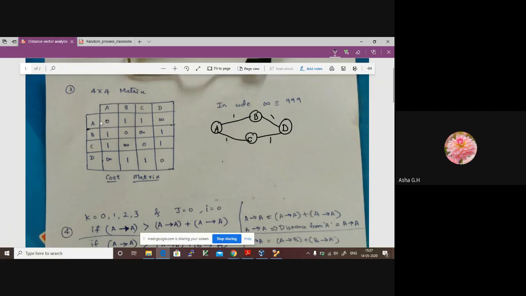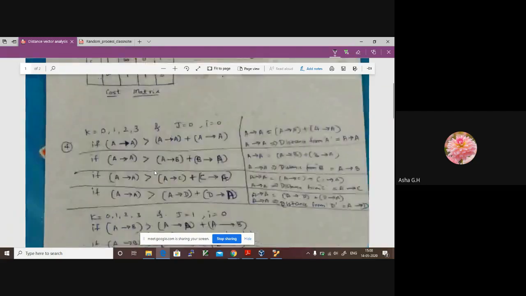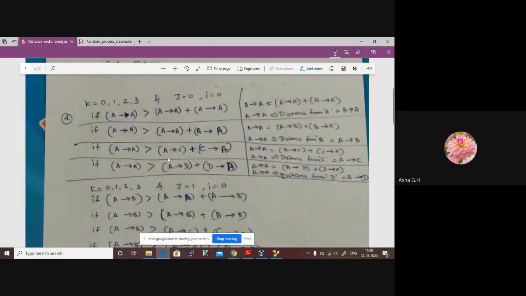The second part is, if A to B has a cost 1, assume that I have some cost X. If instead of A being directly connected to B, I can reach B through C or any other node according to your topology with the least cost, your updated table should follow that, with the route to reach B through some other node but with the least cost. That is a condition. Now let us come back to this looping concept.